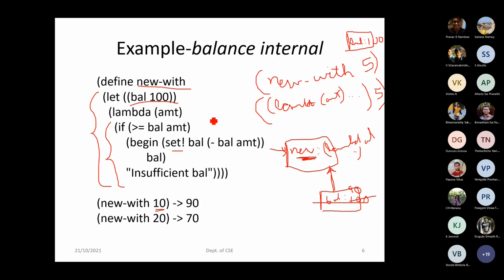So in other words, I can say that new withdraw is something like one object. Instead of this new withdraw, I can say it to be some person's name. Agree? With one person's name, I can define this. Say person 1, I can say person 1's balance is 100.